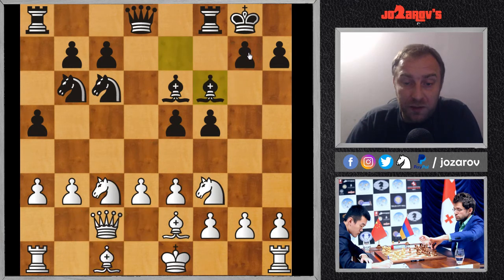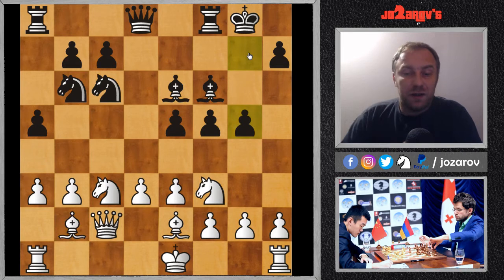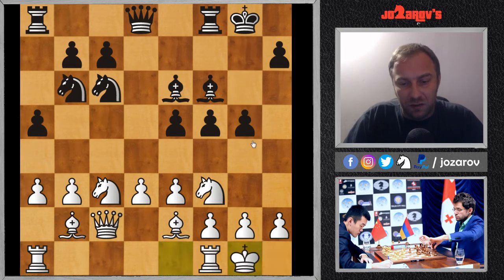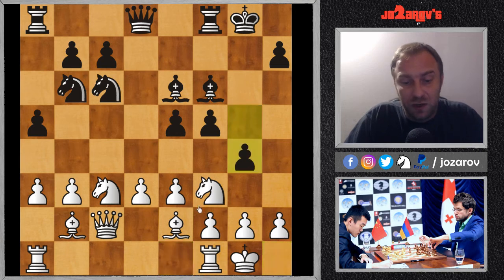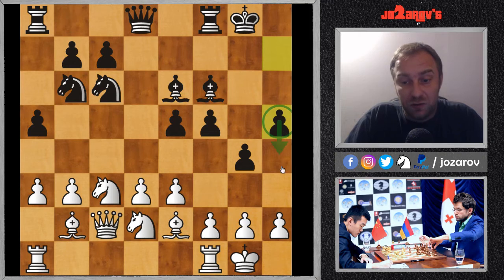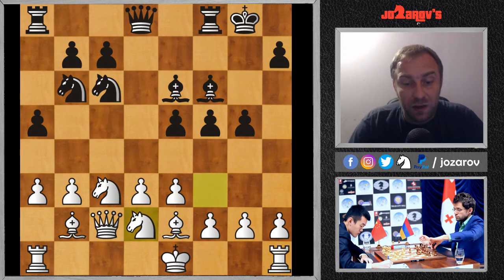In the game, bishop on f6. Ding Liren sensed the situation here, that of course Levon Aronian is trying to place his bishop on b2, which Levon Aronian did, but here after g5 there's no way that you should castle on the king side anymore anyway. So if you castle, I think here g4 is very dangerous. You have to play something like knight on d2, but now h5 is very dangerous. How to break this pawn storm here? I don't see a clear way to proceed here for White,